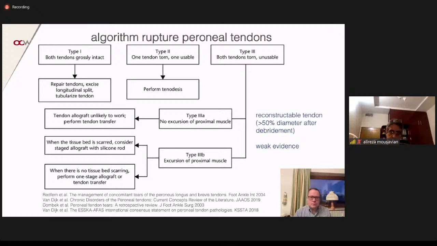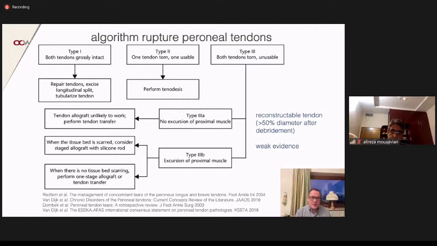An excellent treatment algorithm to address peroneal tendon ruptures was suggested by Mousavian and Redfern already in 2004. They divide three types of peroneal tendon lacerations. Type 1, where both tendons are grossly intact. Type 2, where one tendon is torn, but only one is usable. And type 3, where both tendons are torn and both are unusable. And they distinguish between reconstructible and non-reconstructible if more than 50% of the diameter of the tendon is left after